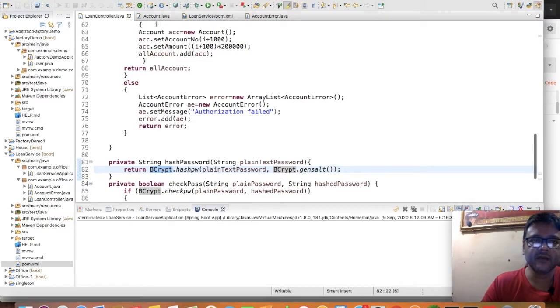So here let me go back to the same code. Here I have used bcrypt dot hash password, or hashpw.